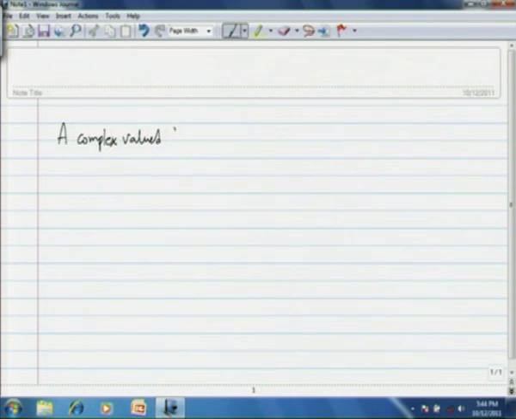Hello viewers, in this session we are going to learn about complex functions. So, I will start by defining what I mean by a complex function. A complex valued function of a complex variable, or a complex function for short,